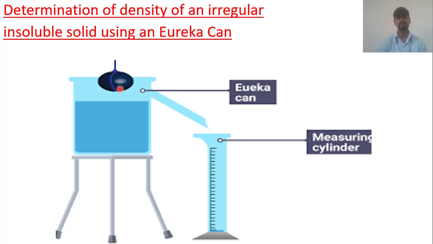Previously what we studied was on the basis of the measuring cylinder. In that we were finding the difference in the volume, V2 minus V1, then we took V dash. Remember that? If you have not watched that video, go there and watch it so that you can recall that.